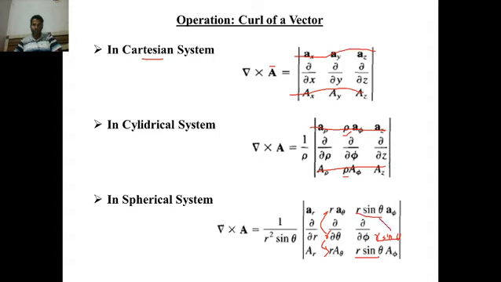So in this manner you can memorize this particular formula. Did you understand this? There is no change in the Cartesian formula because dx, dy, dz are as they are. In cylindrical, dr, r dphi, dz, so r is missing here, so it is added in the first row and in the third row. In spherical, r is missing in one place, so it is added in the first and third rows, and r sin theta is missing in another place, so it is added in the first row and third row. In this way you can memorize or recall the formula of curl.